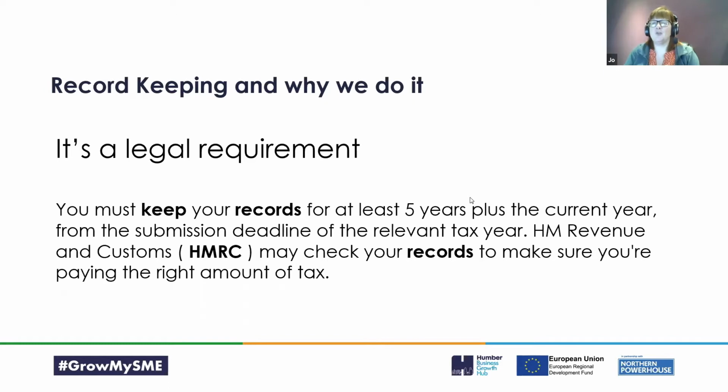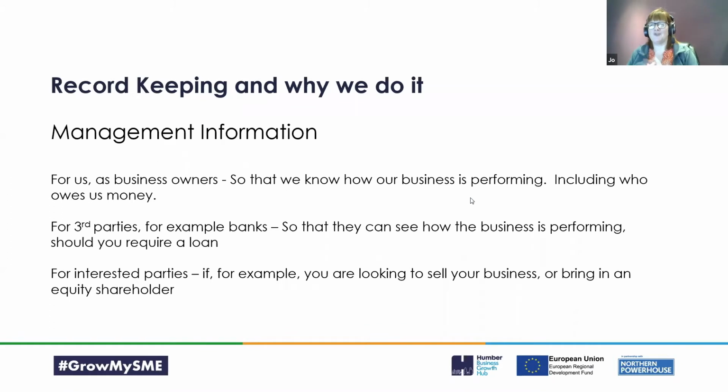But I'm going to show you another way, a way that'll save you time and effort, and also mean that if you were to have, let's hope you never do, a fire or a flood, or if you were to move house and lose a box, or move offices and lose a box, then you will never lose your hard copy receipts, because we want to keep those forever. The rule with the 5 years plus the year that you're in, HMRC are actually allowed to go back 20 years if they think there's been any fraudulent activity. That doesn't mean that you're conducting fraudulent activity, but if HMRC suspect it, then they will ask to see records for 20 years.